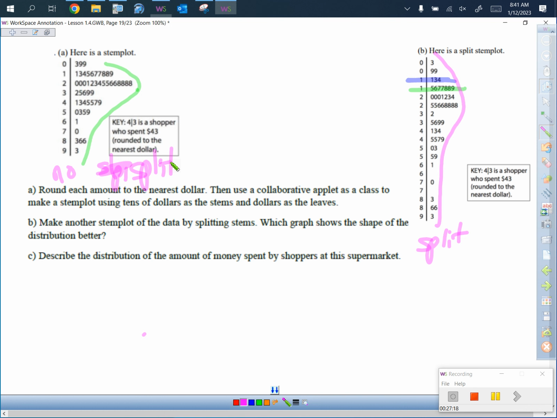I personally would choose the no split because the data is spread out. The data was spread all the way from 0 to 9 on the stem scale. There's 10 stems already. It's spread nice and even. It wasn't necessarily symmetric or anything like that, but it was spread. Here, all you did was spread it out even further. So that's cool. All right, I will let you start the old